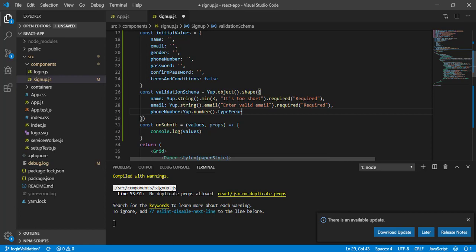So here I will pass this error message: enter valid phone number. And this is also a required field.